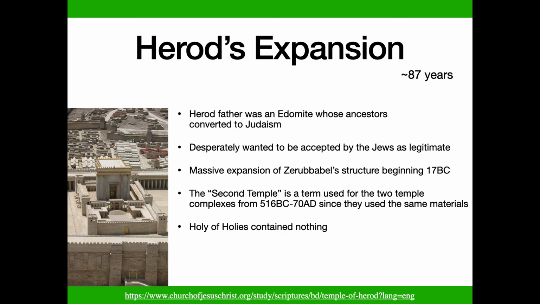So one of his deals with the Jews was that he would use Zerubbabel's original structure, but rework it, remodel it, because they did not want the Zerubbabel temple being torn down. So they kind of struck a deal that he would use the same building materials, but organize it in a better way, kind of a thing. Anyway, so